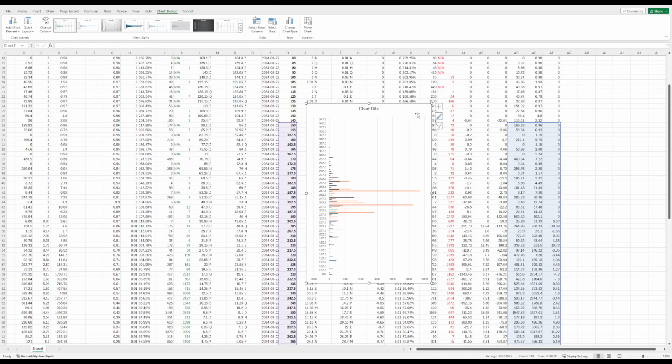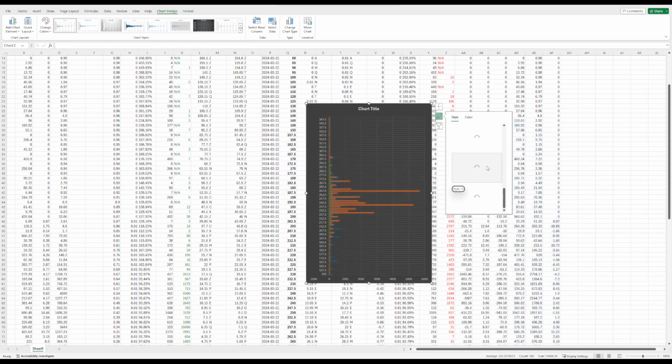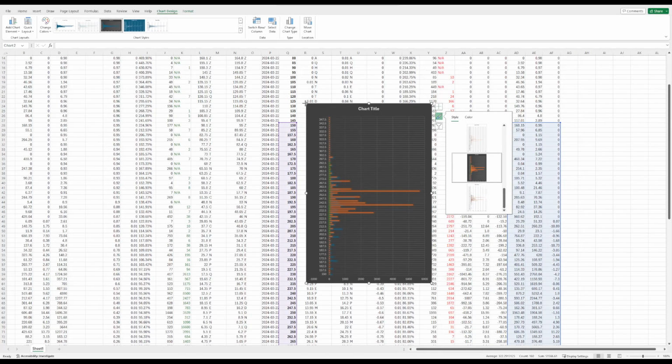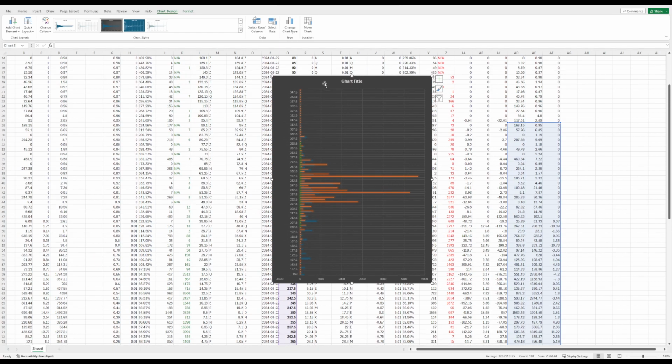Right, so now you can just select which one you want. I usually go with the black background, makes it easier to read. Make it bigger, whatever, and then you can see it by strike. So in this situation, based on this color coordination, the orange is going to be your